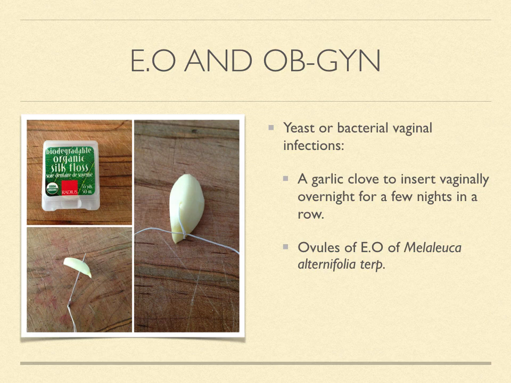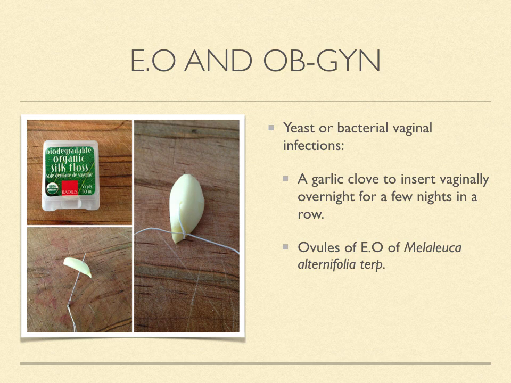although it's probably what they need to fight off the infection. Some preparations are made commercially and are basically ovules. So it's a cacao or shea butter base with a few drops of tea tree oil in there. And so again, the ovule is inserted vaginally as close as possible to the cervix. If it's a cacao butter base, it will melt almost immediately when it comes in contact with the mucous membrane. And so you need to have the person wear panty liners overnight because some of this cacao butter will leak